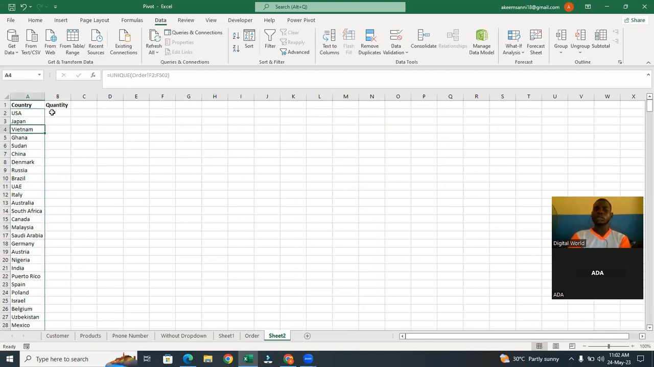Then you can use sum to get the total quantity. Yes, I taught you filter, right? Date filter, time filter, and number filter. So now your first analysis